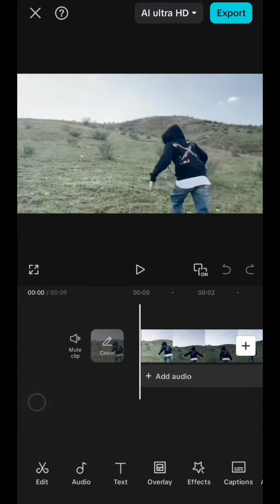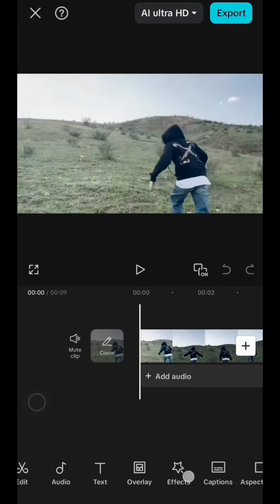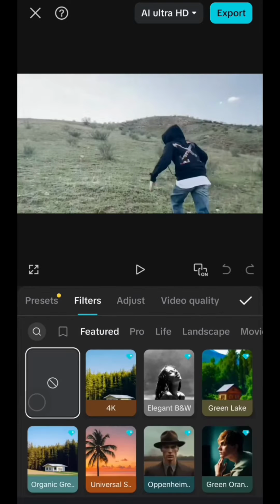Once it's added to your timeline, just slide a little where you want to start applying the color grading. Now tap on the filters, this one. This feature is perfect if you want to color grade, because this is where the magic happens. So let's try a few cinematic looks. First, go to the movie section,